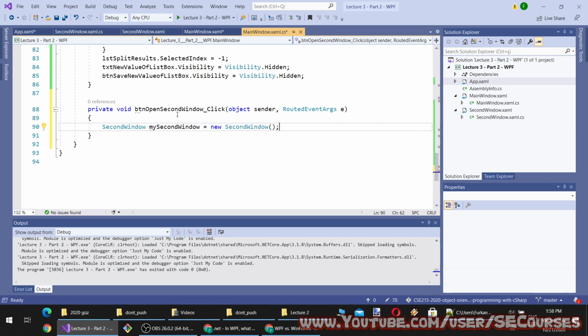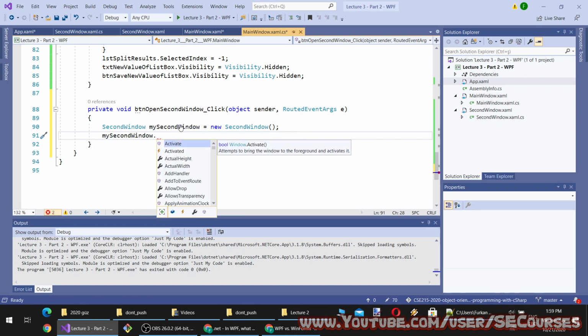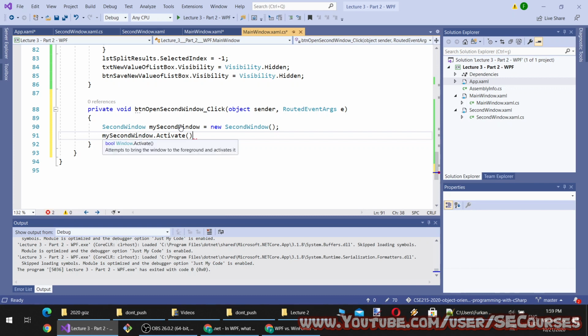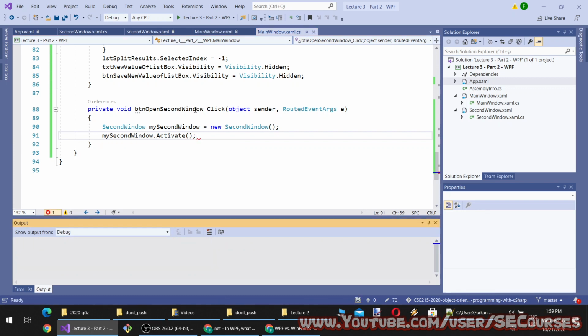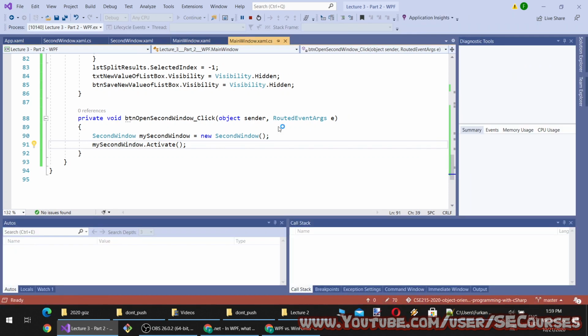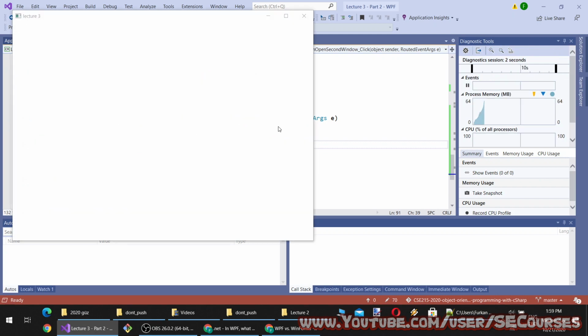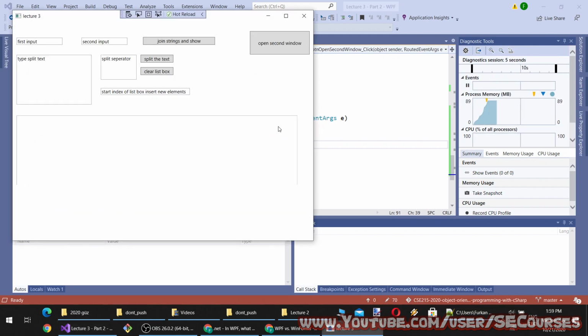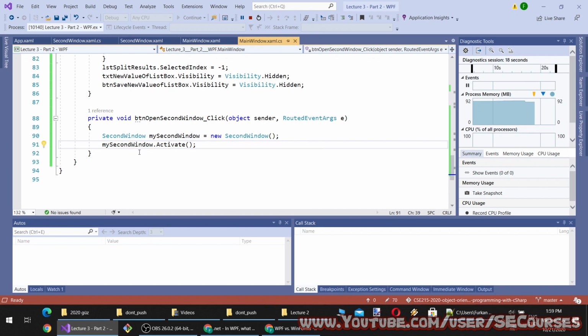So you see, I have composed an instance of this class second window. Then I will call activate. Okay, should work, I guess. First, I initialize an instance of that class and then I call it. So if it is not static, you have to initialize it explicitly, an instance of that. I call open. It didn't work, and I think I need something else.